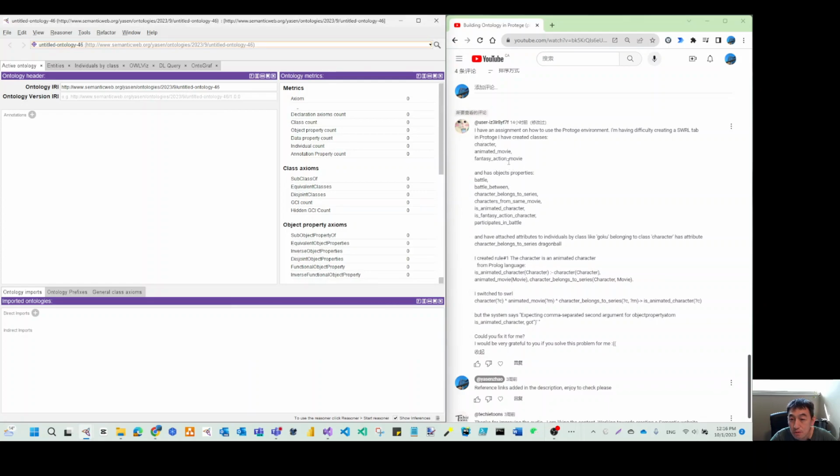The question mentions there's an ontology with three classes and a number of object properties, and the user wants to make some properties and create a rule.